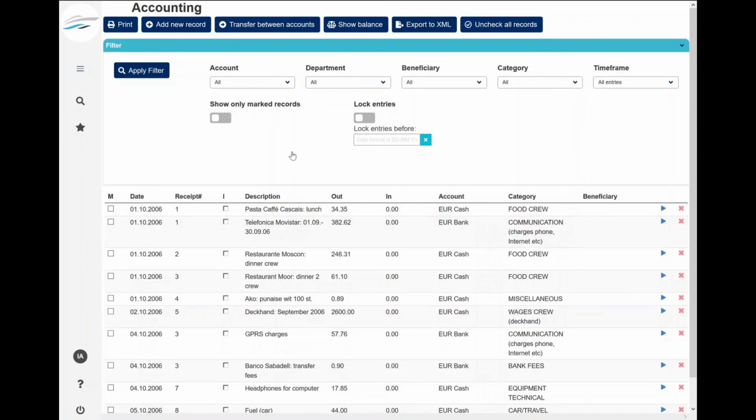Let's move to the last but not least module, which is accounting, which basically gives you the possibility to check all the actions which generate monetary inputs or outputs. Here you can, let's say, add a new record. You can search for previous records depending on your needs, and you have different types of filtering here as well. You can export it to XML,